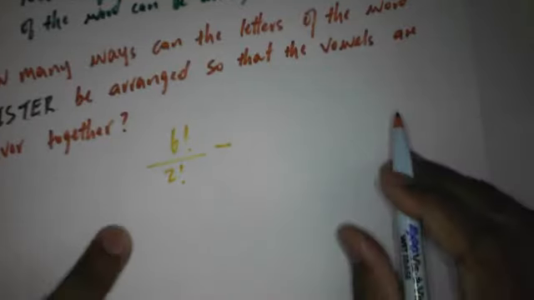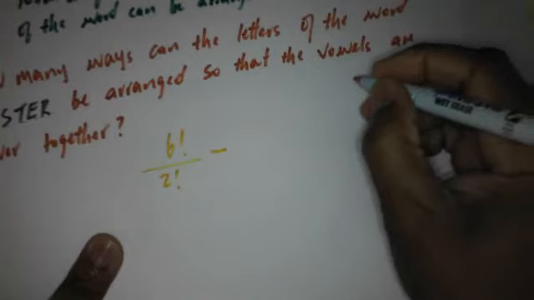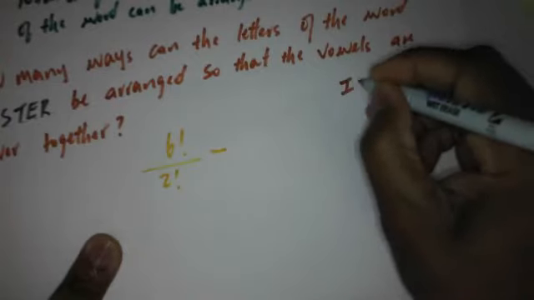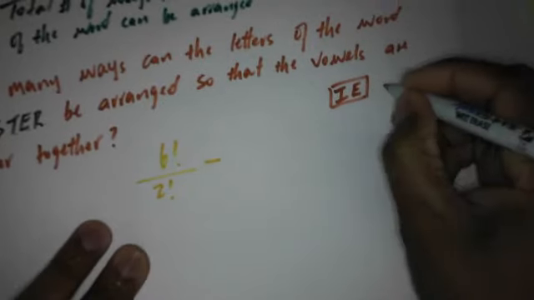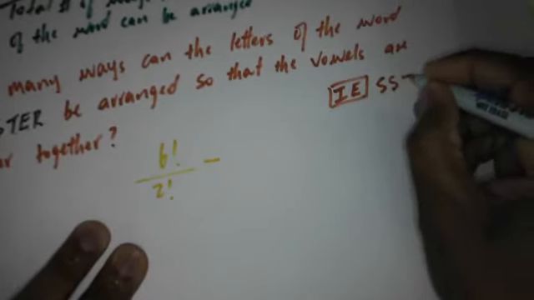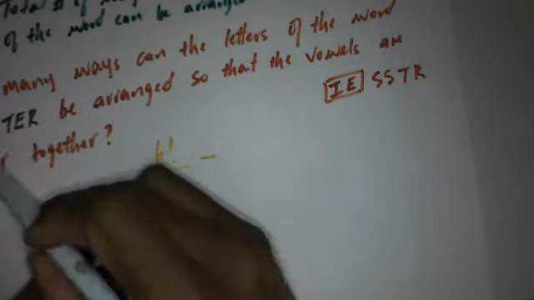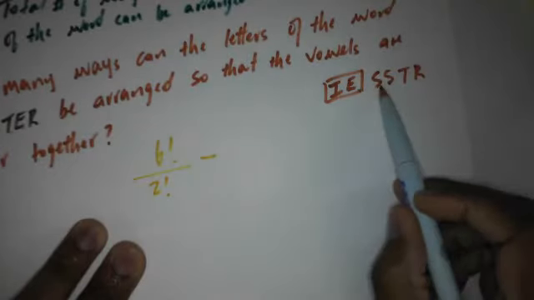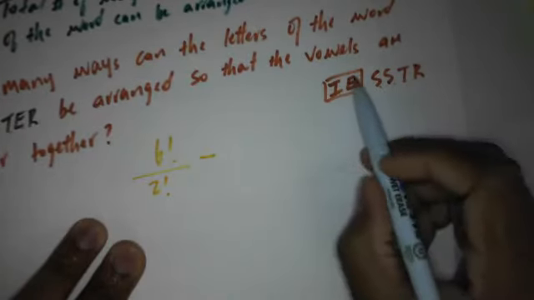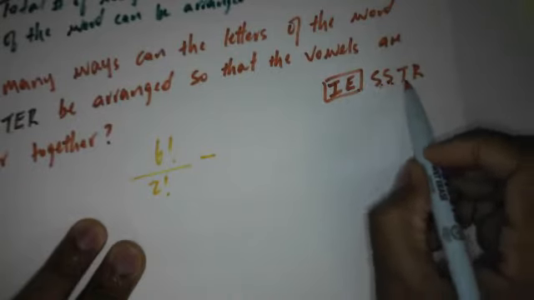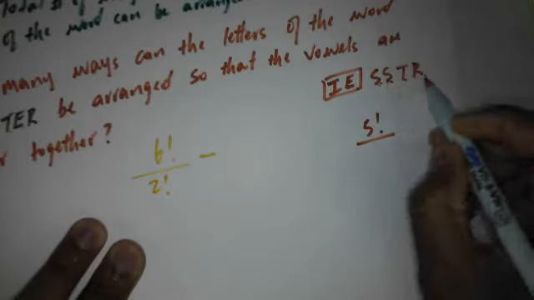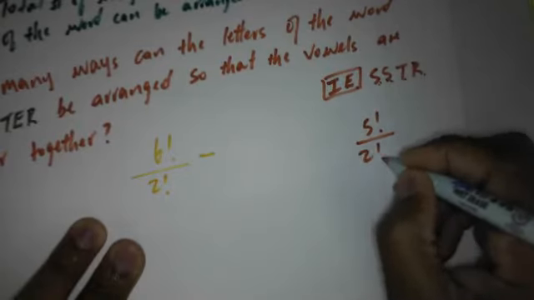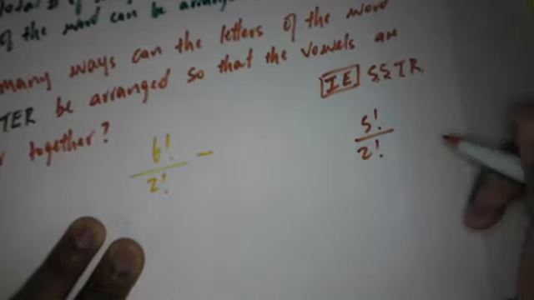Let's look at when the vowels come together. When the vowels come together, we would have the vowels are I and E. So we put those in a box. The other letters would be S, S, T, and R. So we had 1, 2, 3, 4, 5, 6. Good. So it would just be 1, 2, 3, 4, 5. So that would be 5 factorial divided. When we look at this side, we see that S repeats 2 times. So that's divided by 2 factorial times